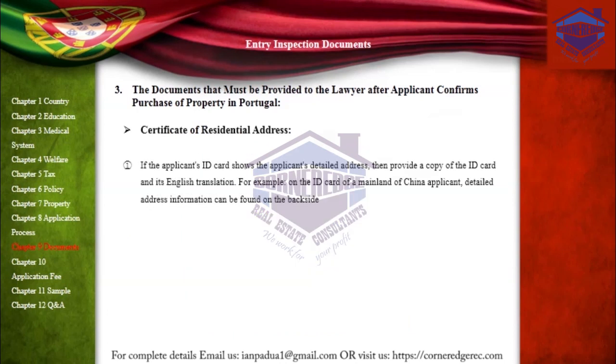Also needed is a certificate of residential address. If the applicant's ID card shows the applicant's detailed address, then provide a copy of the ID card and its English translation. For example, on the ID card of a mainland China applicant, detailed address information can be found on